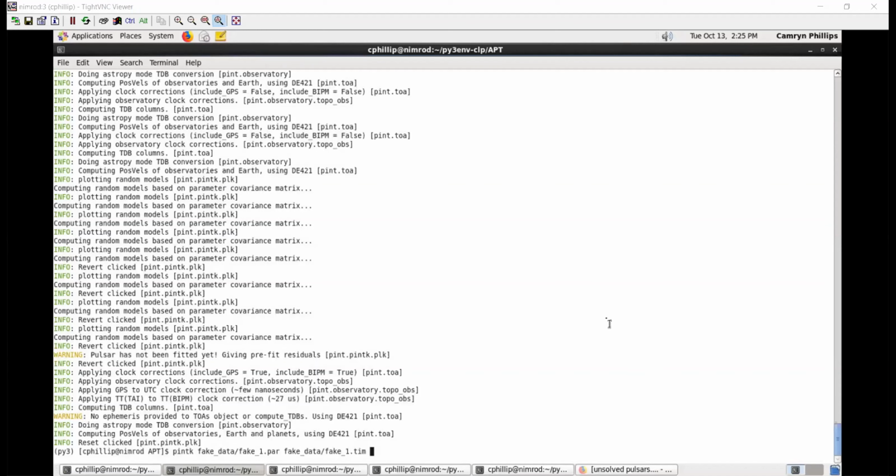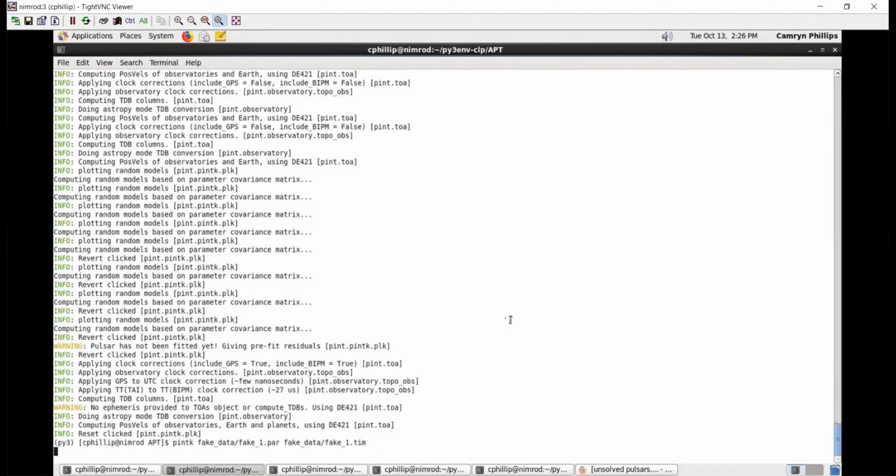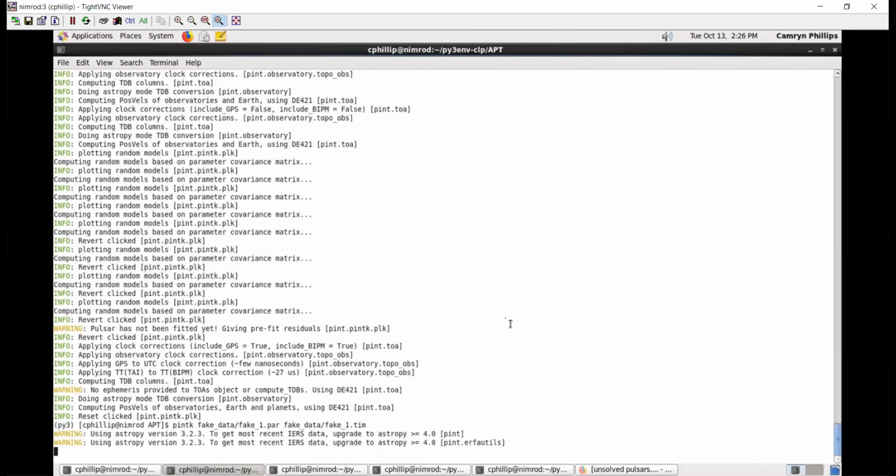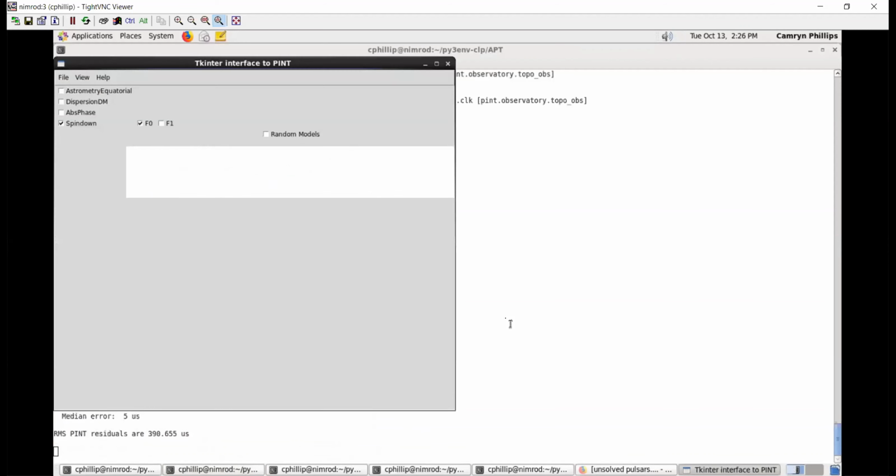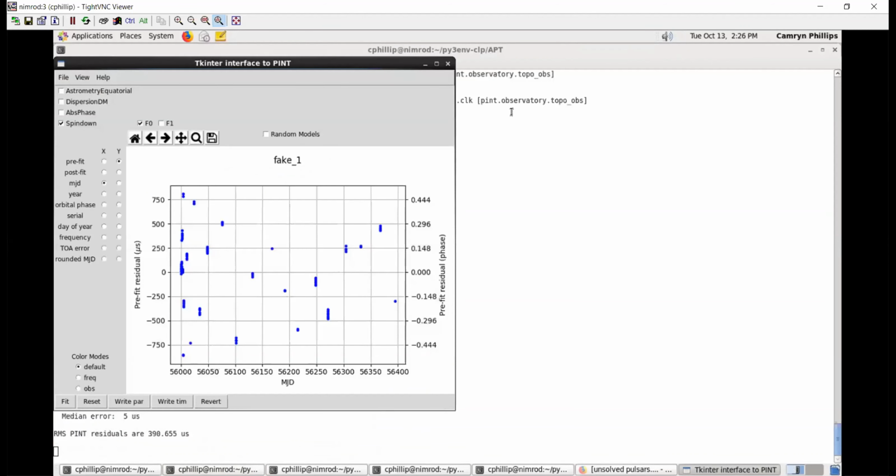Okay, so I am going to start with PINTK because it is a very useful tool to explain one of the fundamental tools that the algorithm uses, actually. So, there we go. PINTK is a GUI, an interactive graphical user interface that allows